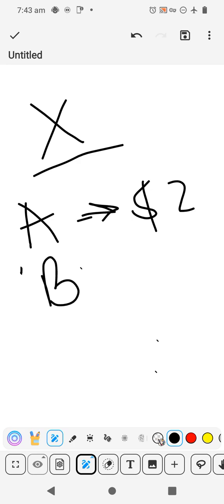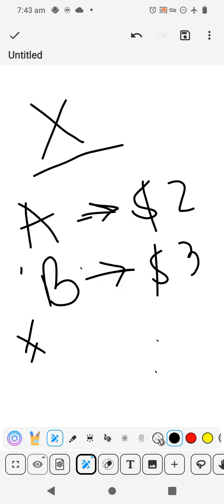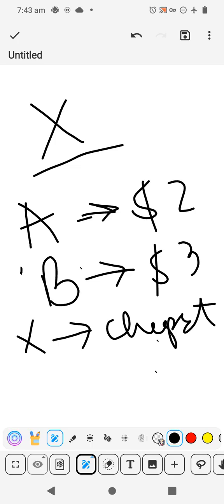And another buyer B wants to buy X at, let's say, $3, right? If more buyers come into the market and they want to buy X at the cheapest price, but remember, there are many buyers at this point. When there are too many buyers at this point,